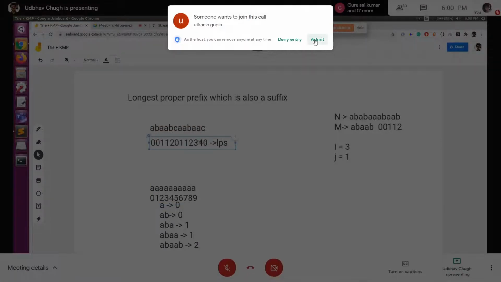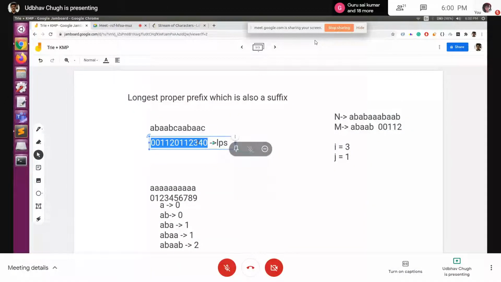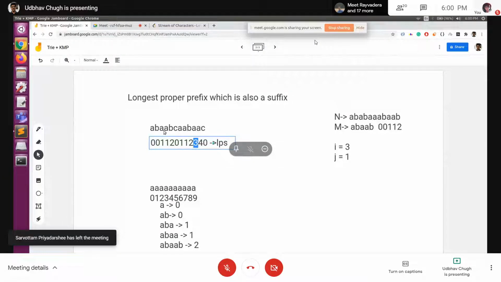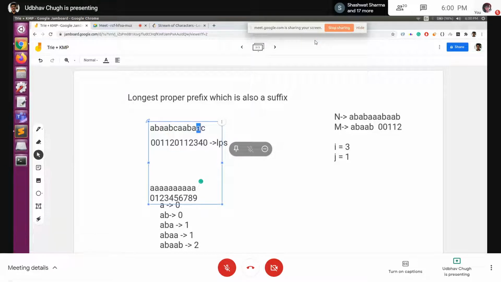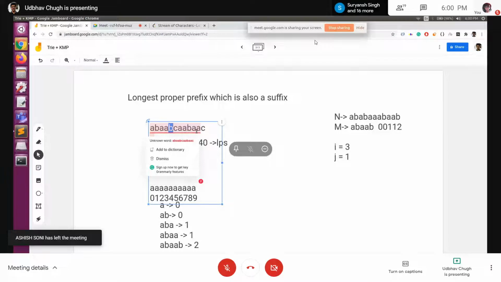So yes, they are equal. So what I'm doing is I'm incrementing this 2 to 3 and moving forward. Then again I check this particular A with this particular A, and since they are also equal, I increment the value to 4. Now when I reach the next, my q is present at this point and my I is present at this point. So what I have to do is I compare them.